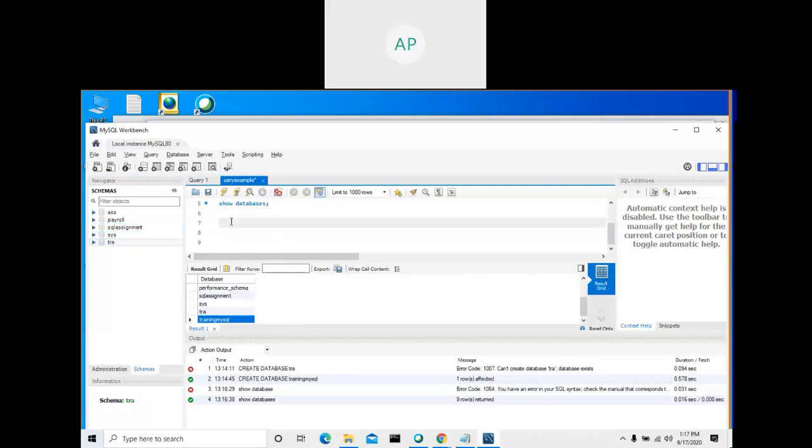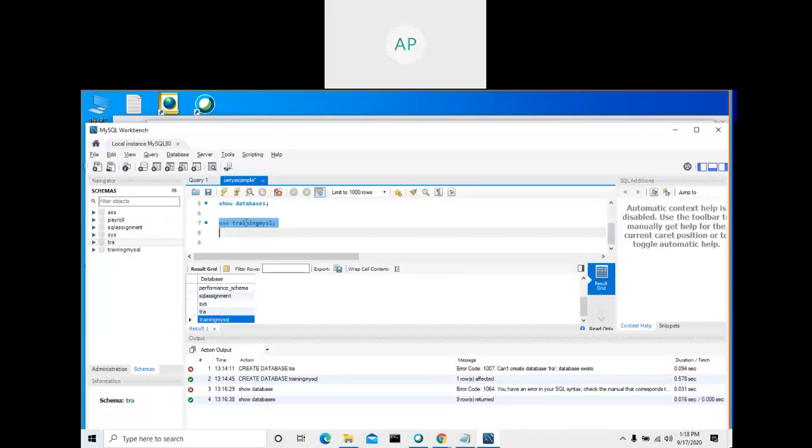Now you are going to inform this tool which database to use. There is an SQL command called use, and you mention the database name. What is the database name? Any database you can mention. For example, see here, refresh. It is not showing here. You refresh this one, and see, now it is there. So we are informing Workbench to use the database training MySQL.